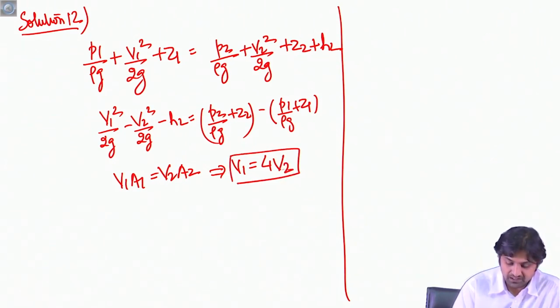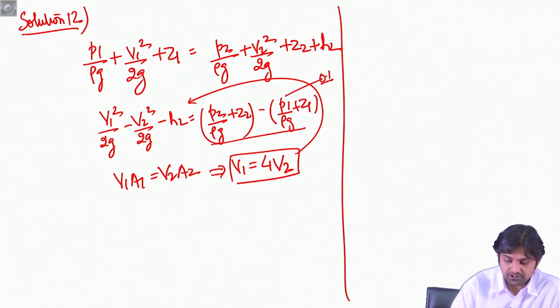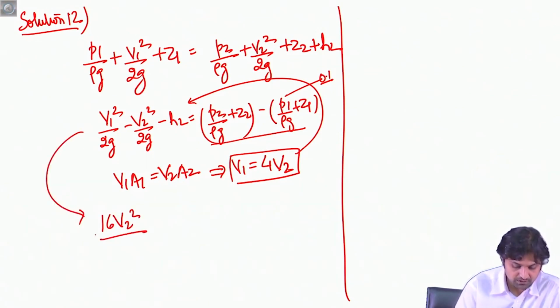All right, and if we put this in these equations here, and we also know that this is 0.1, that is what it says, that the HGL rises by 0.1. Therefore, this will become 16 V2 square by 2g minus V2 square by 2g